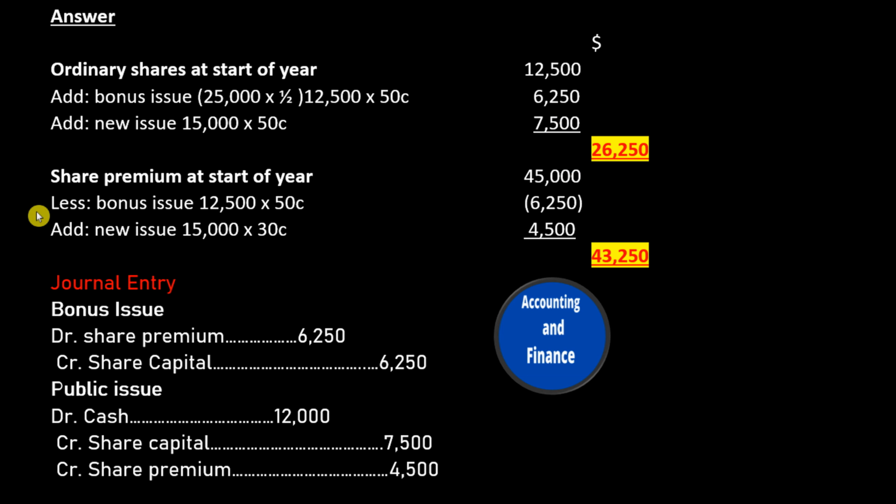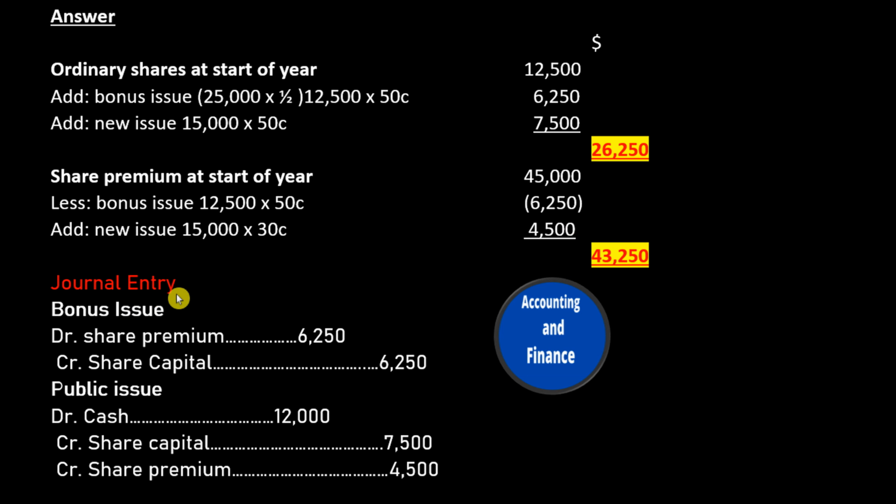$26,250. Share premium at start of year, $45,000. Less bonus issue, 12,500 times 50 cents, minus $6,250. Add new issue, 15,000 times 30 cents, $4,500. Total,